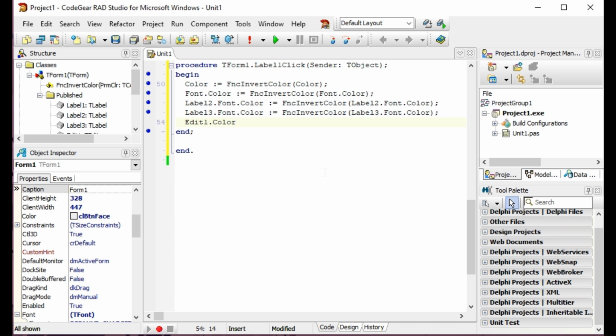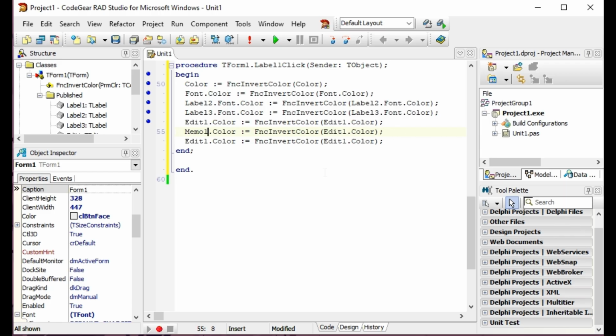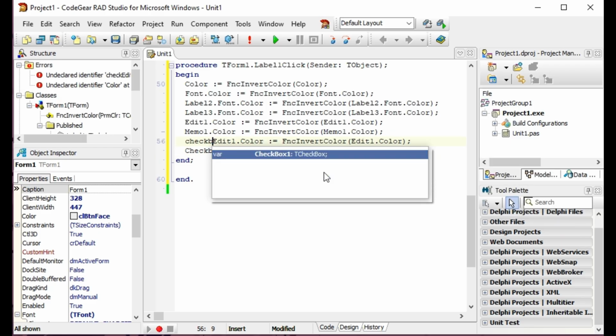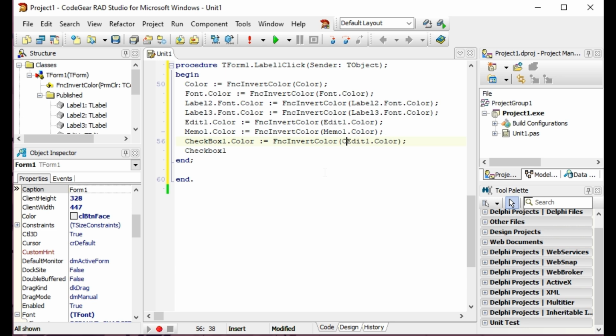Edit one. Then memo, then checkbox, radio button.